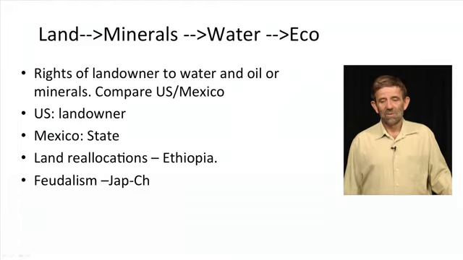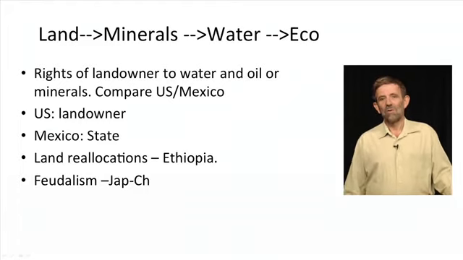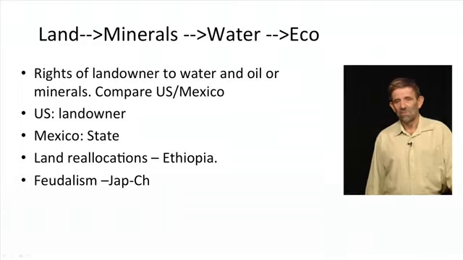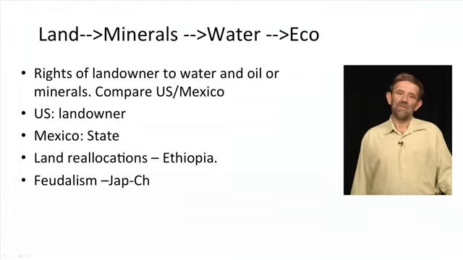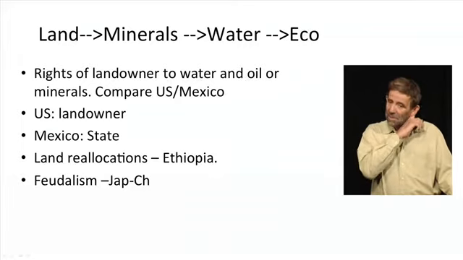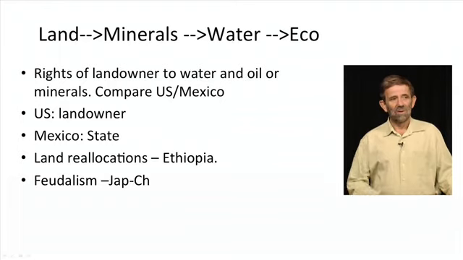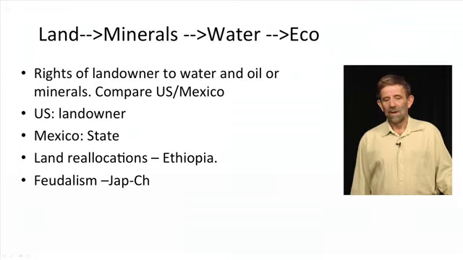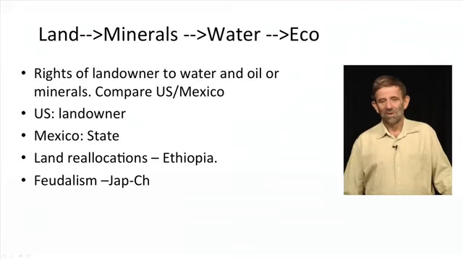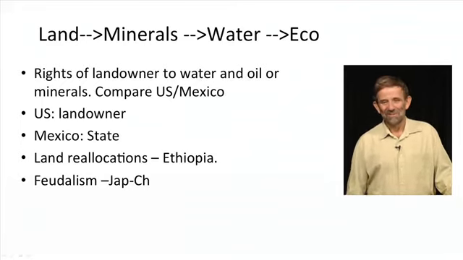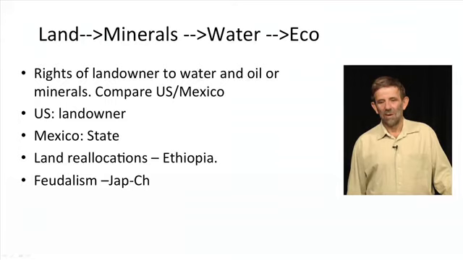There are some countries, quite a few in Africa, where you don't really have private property of land. There used to be in Ethiopia, for instance, as in other places in Africa, a system where every generation or so people would gather in a village and they would say, well, this family only has one child and that family has 5 children, and so we'll reallocate the land so that it's more efficient and more fair and so on. And that system might seem crazy to some people today, but it worked for the whole of human development until quite recently, and so it has worked and served people well.